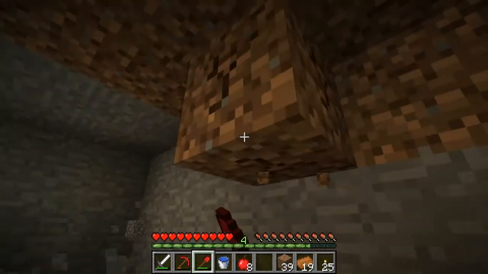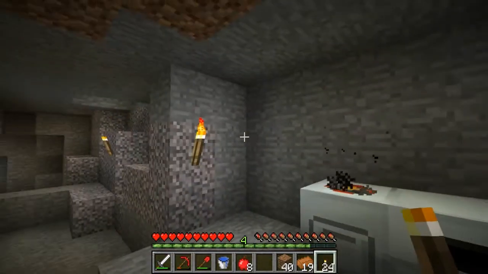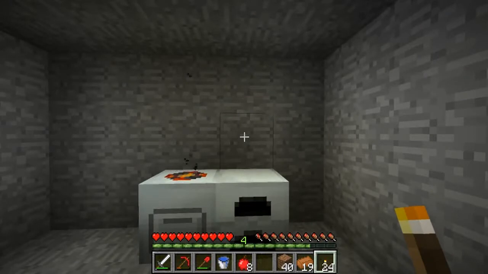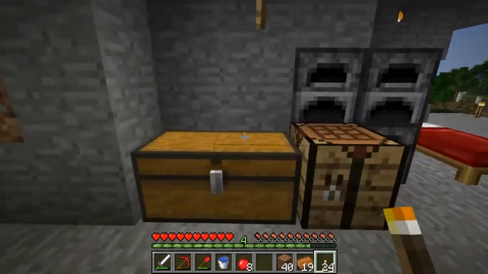The extractor takes 4 tree taps unused and probably a machine block, maybe an electronic circuit as well. I don't remember. I'm going to have to look that one up. But anyhow,